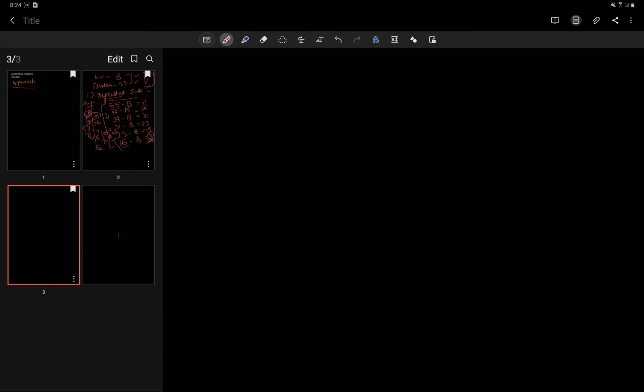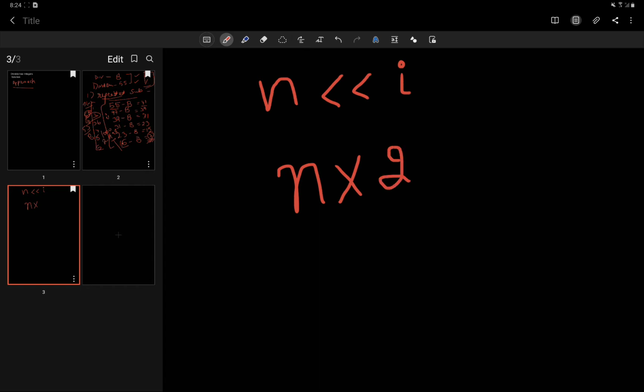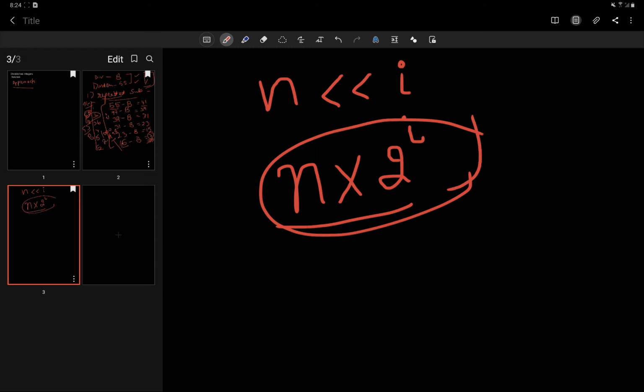Before moving to this approach, I want to make clear one or two operators so that it's clear when we use them in the approach or in the code. One small thing I want to tell about is the left shift operator. If we left shift any number by, say, i units, we just multiply it by 2 to the power i. This is the answer if we left shift. You can check it also.